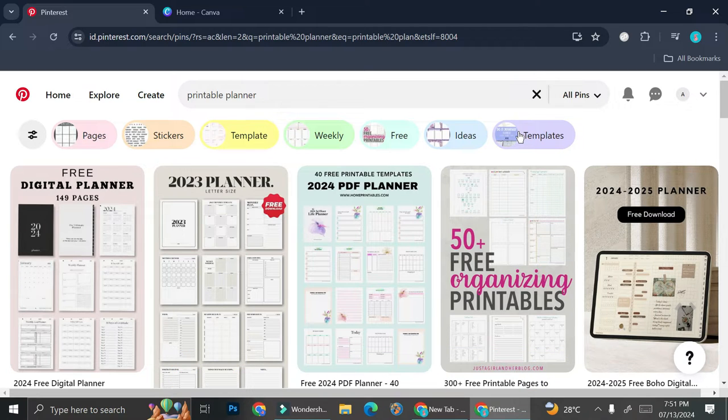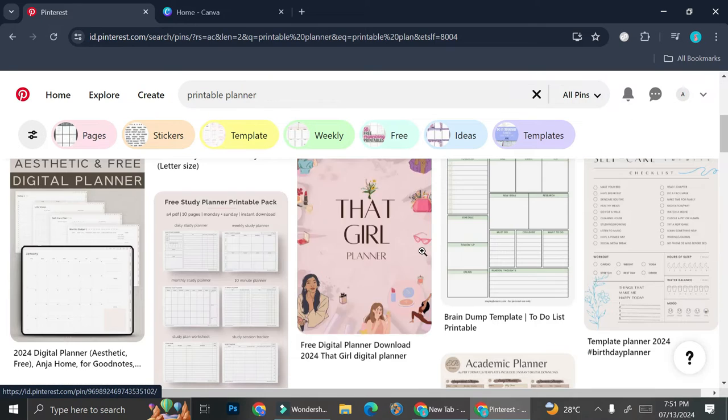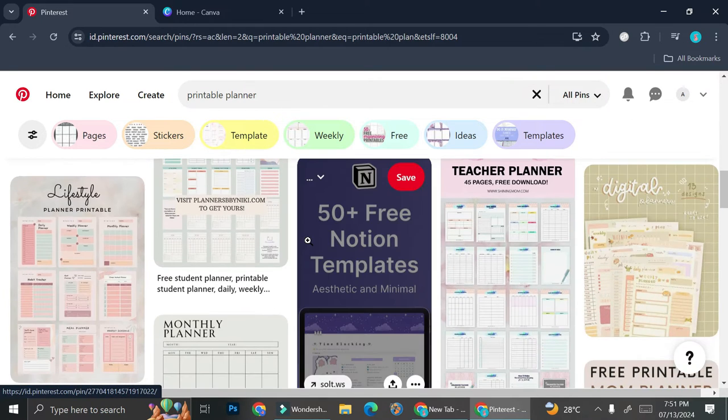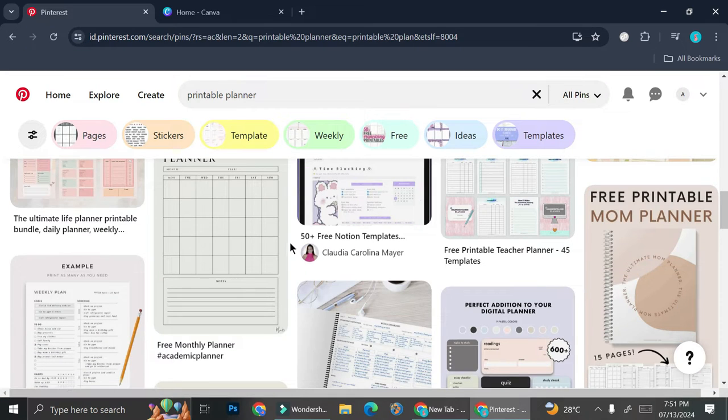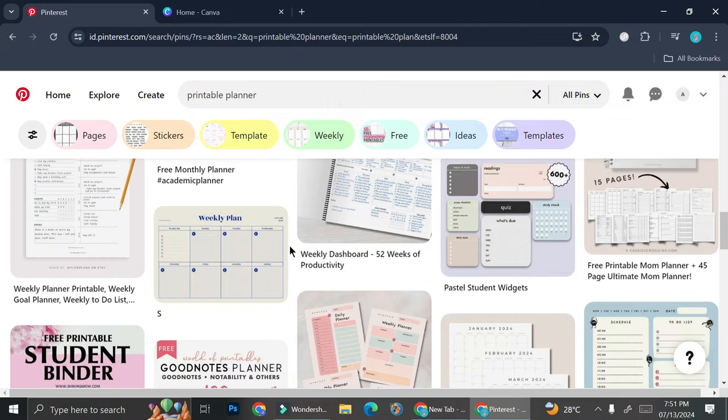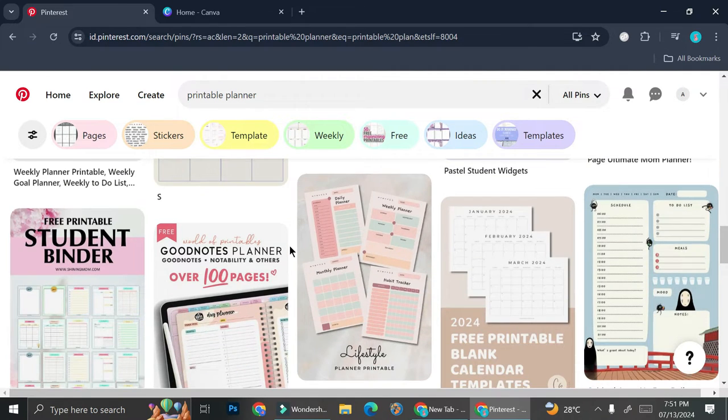Now, if you're the type of person who really likes to do journaling, or you would like to plan your days, your weeks, or your month, and you always use a planner, like the one that I show right here, you might actually want to have your own planner templates. Either the one that you use on your gadgets or maybe the one that you would like to print